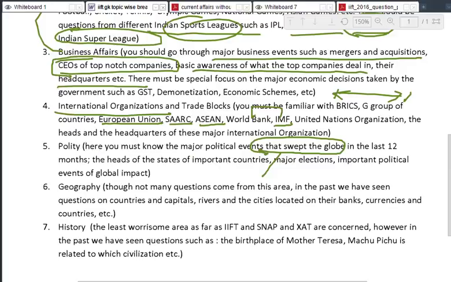You must know the major political events, and when I say major, please stick only to major. Don't go to all kinds of PDFs, because I see that people are reading all kinds of PDFs. It's good that you read, but you should not miss out on the critical things, because if you miss the critical things, your entire effort has gone to waste. So you must have that memory.